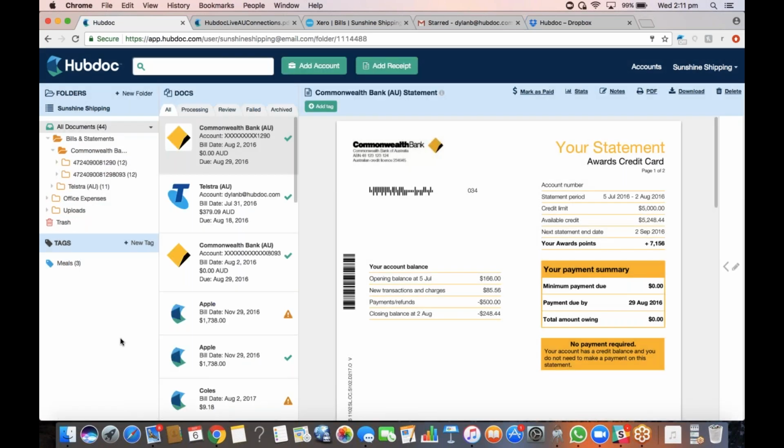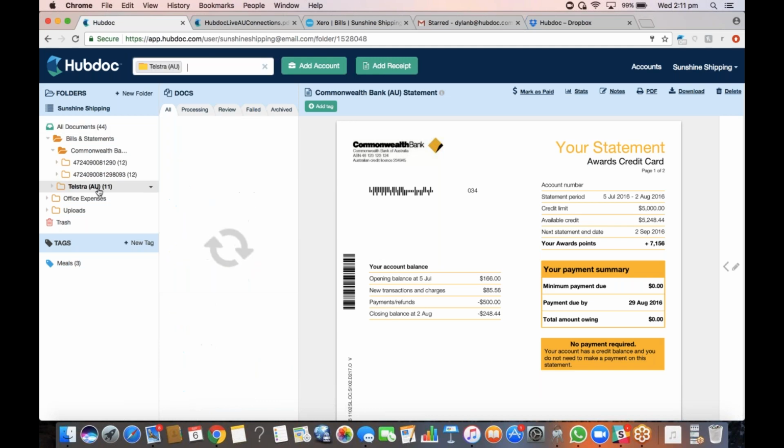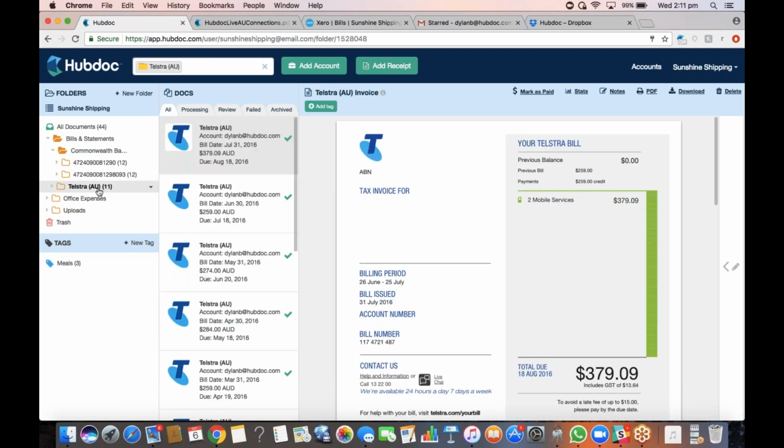Awesome. So that's bank statements, but I did mention we're not just limited to pulling from banks. We also have connections with telcos, utilities, software vendors, retailers, many more. So in the same way we can fetch and file a bank statement, we can fetch and file this Telstra bill. So we fetch this document in, we've automatically filed it, and we've actually automatically pulled this key data from